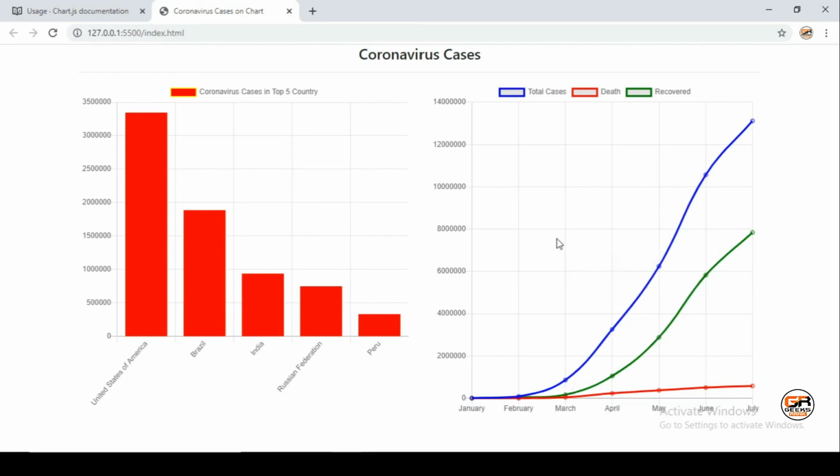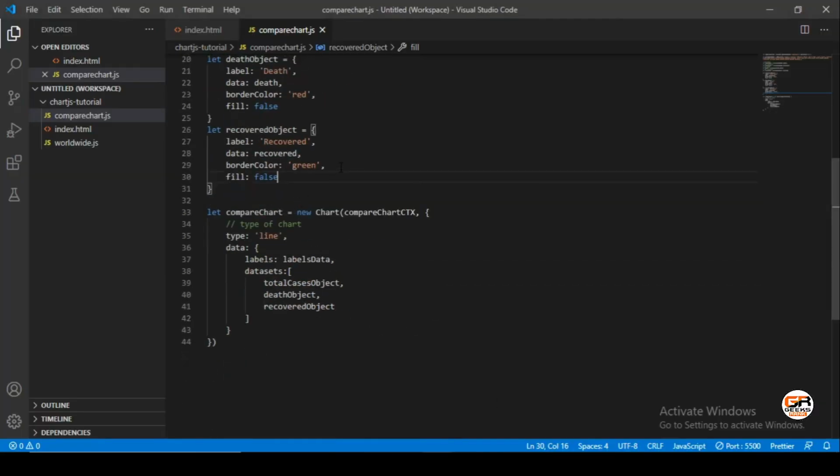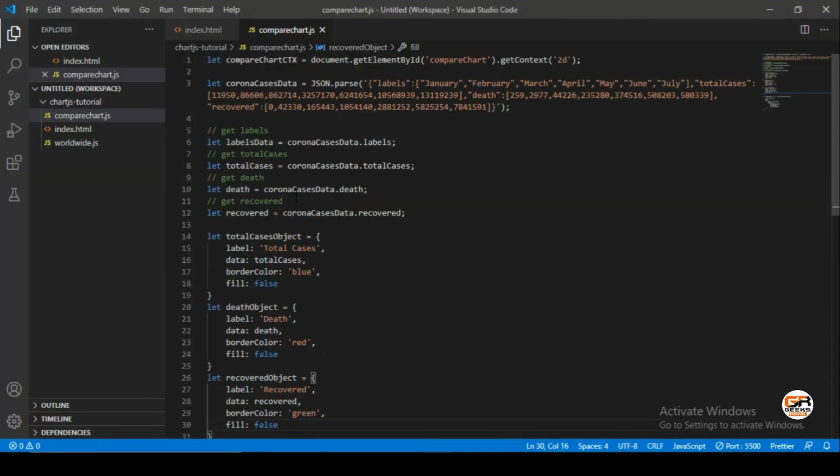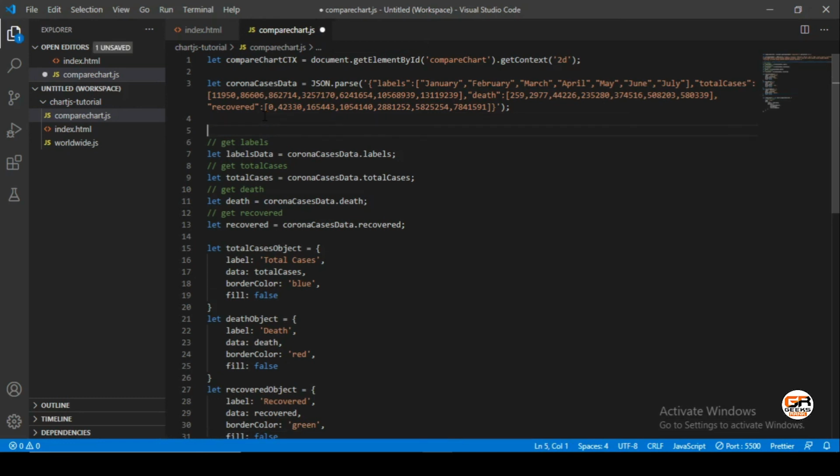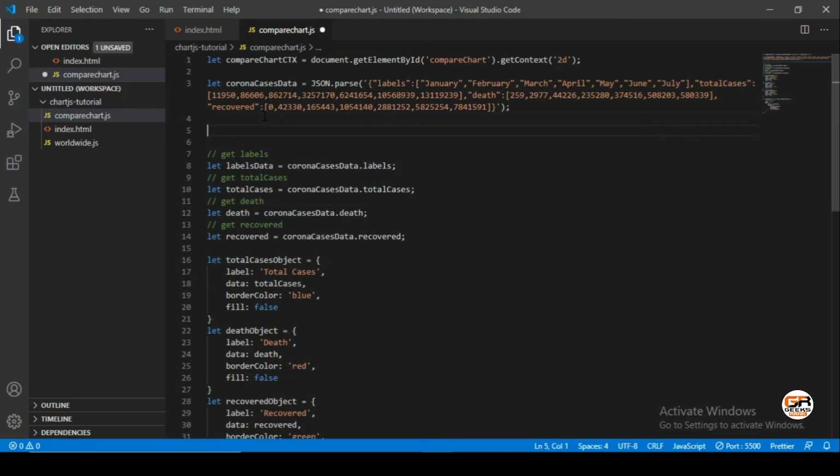Let's see some additional features for the graph. How can we use global keys for this chart? You can use the global keys for things like font family and font size.